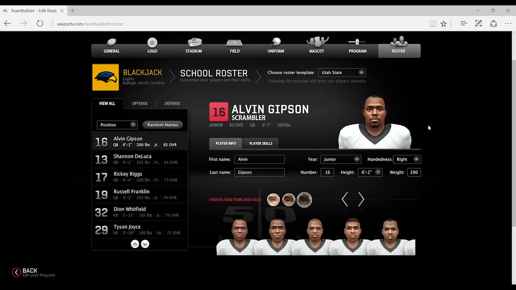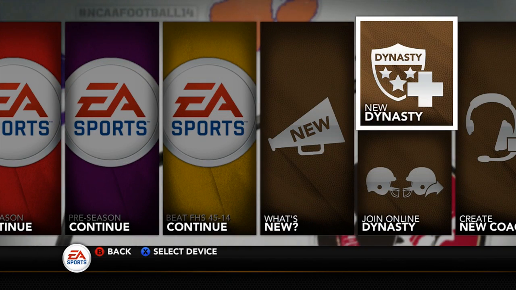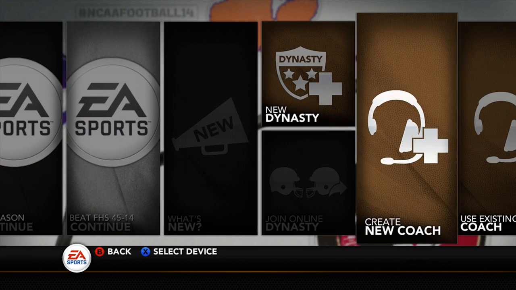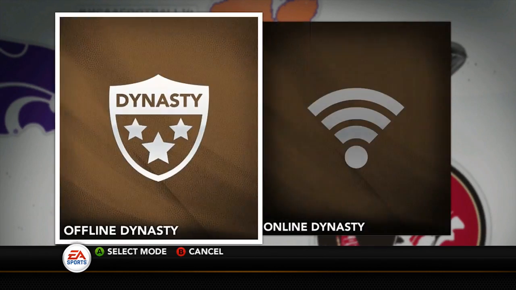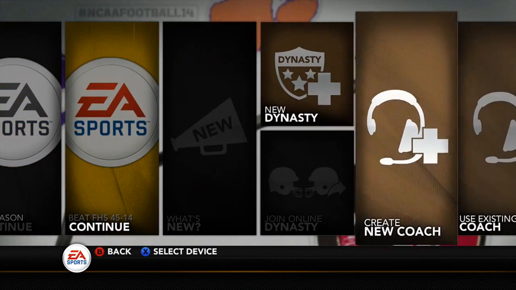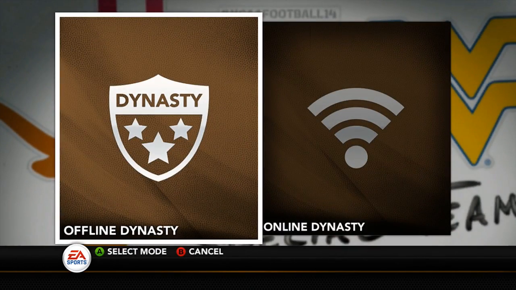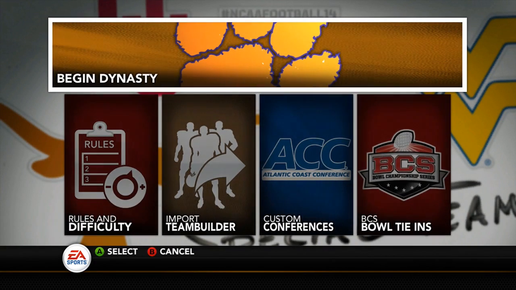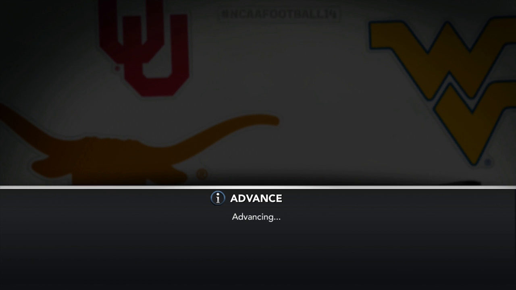So let's jump into NCAA football now. Okay, so now that we're inside of NCAA football, when you want to start your new dynasty, here's the first thing you want to do. Actually, we can do this as an existing coach. There's no point in doing it as a brand new one. So jump in as an existing coach, offline dynasty. All the information and stuff is not going to matter because you're going to want to go in there and figure out